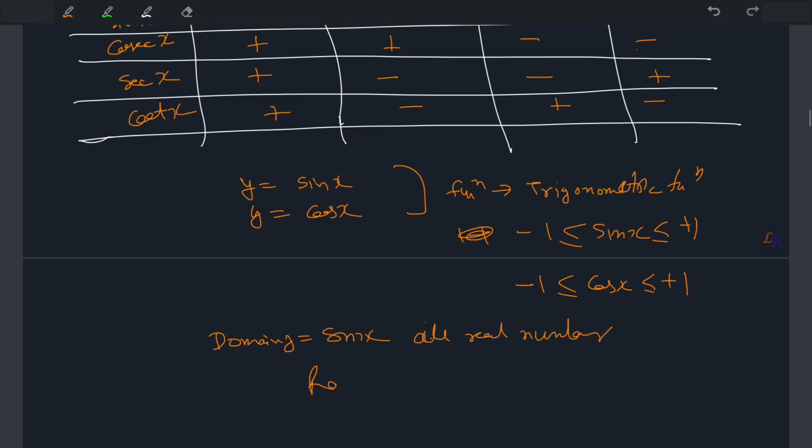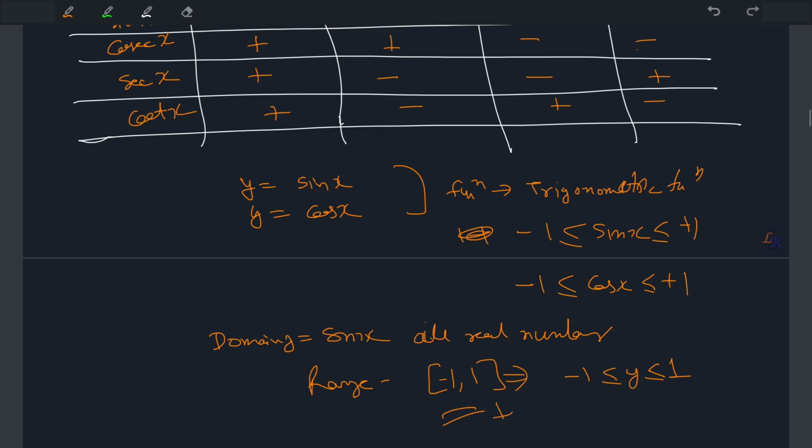And if you talk about the range, the range varies in a unit interval, so it would be -1 to 1. That's very important. The function y is equal to sin x is defined such that x can be any real number, and y will always be in the range of -1 to 1, so -1 less than or equal to y less than or equal to 1. That's a very interesting point to note, and we'll be using it when we discuss inverse trigonometric functions.